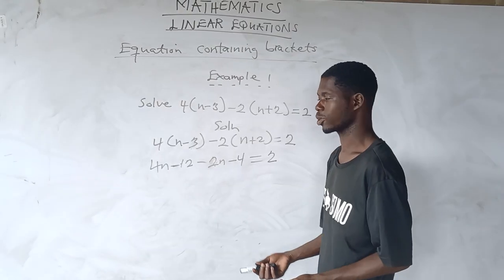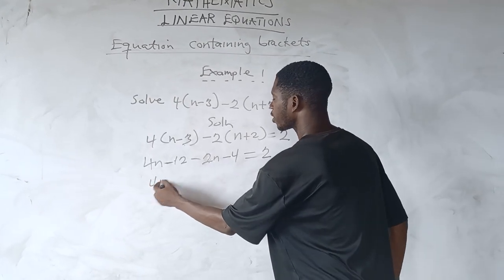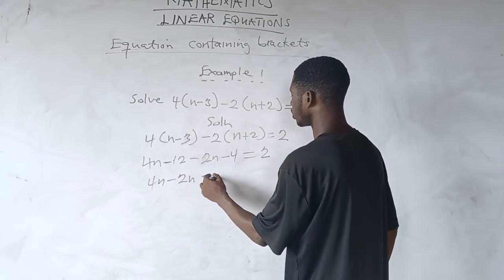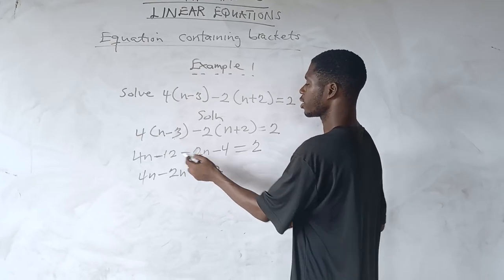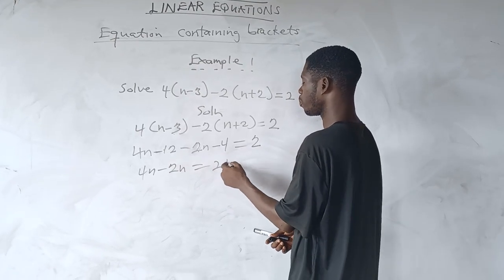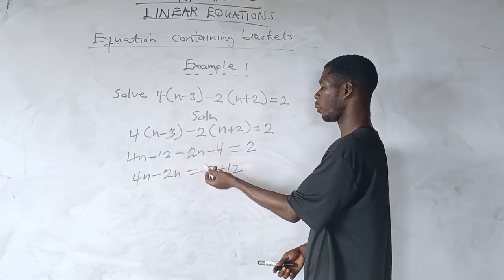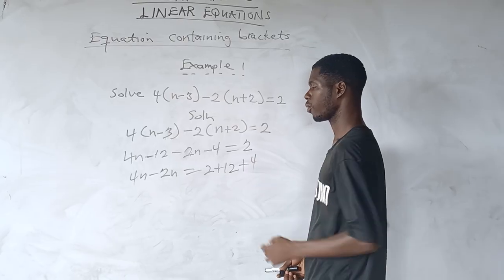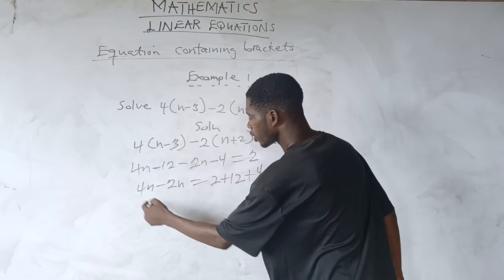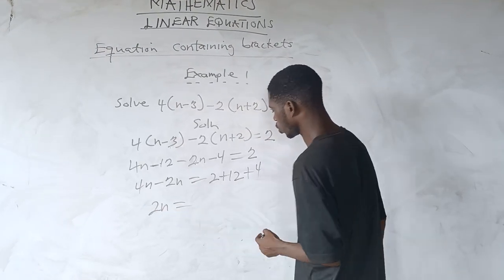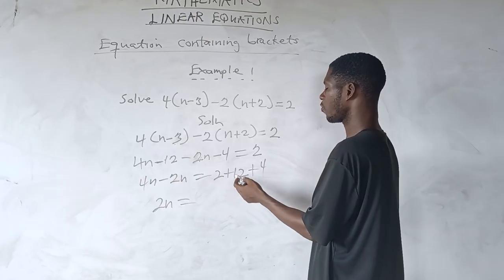Now you can group the like terms, right? So 4n minus 2n is equal to 2. This one is coming here, it becomes plus 12. The negative here, 12, it is coming positive. And the 4 also becomes positive. Okay, so you get 2n is equal to 2 plus 12,